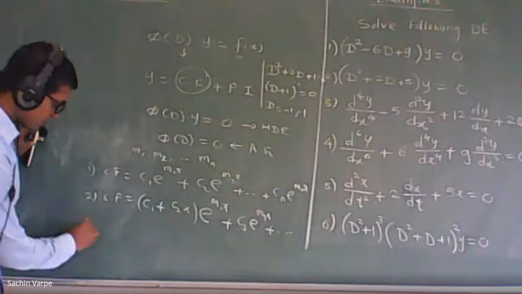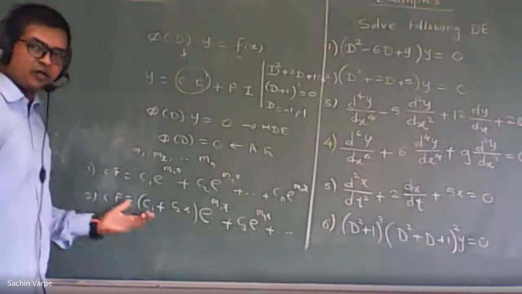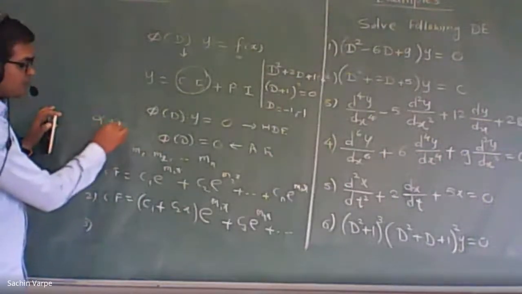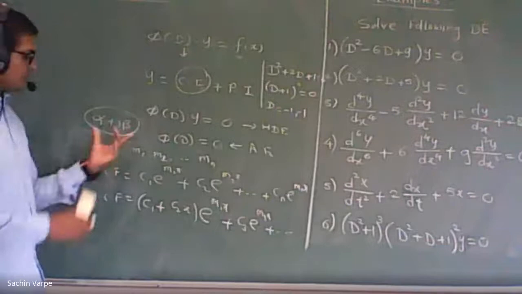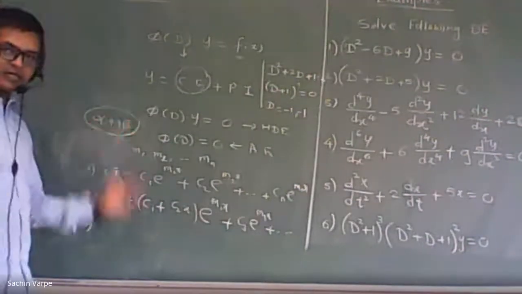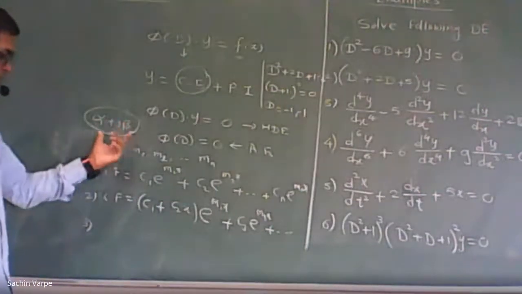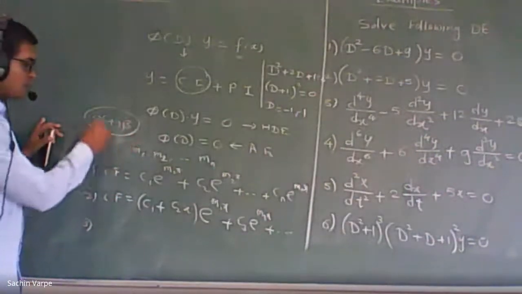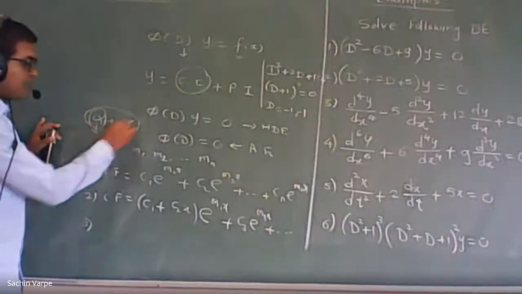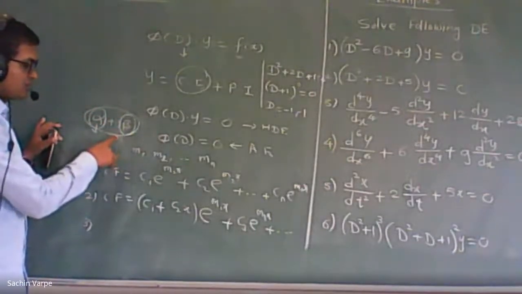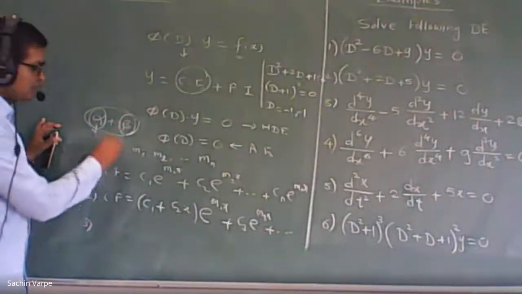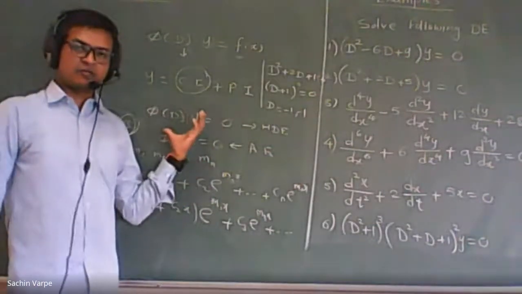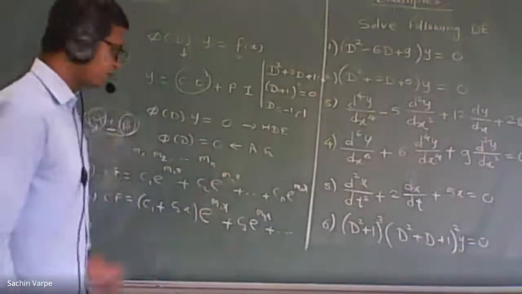Now, if the roots are complex or imaginary, we have considered the standard form alpha plus i beta. It is not necessary that you consider alpha plus i beta only, but that is the standard form of a complex number we have considered here. So if the roots are of the form alpha plus i beta, then alpha is the real part and beta is the imaginary part. As we have discussed, if alpha plus i beta is a root, then alpha minus i beta is also a root. That means complex roots come in pairs, multiples of 2.